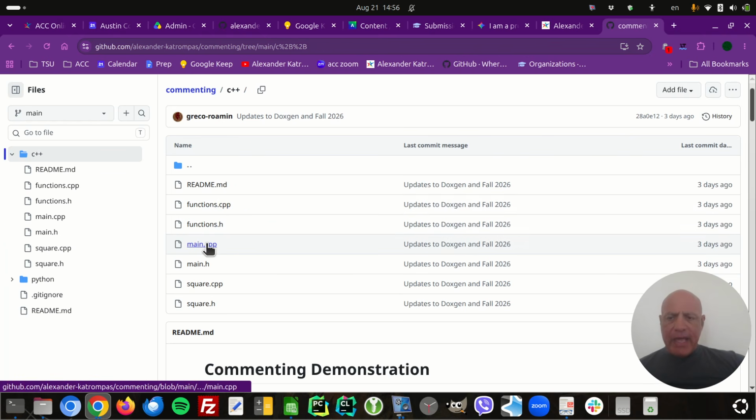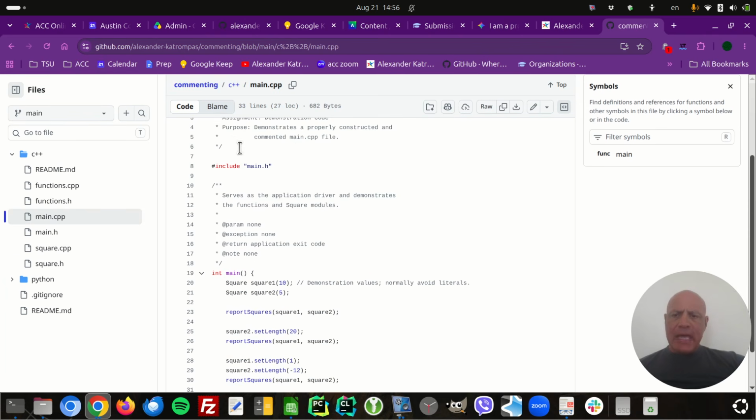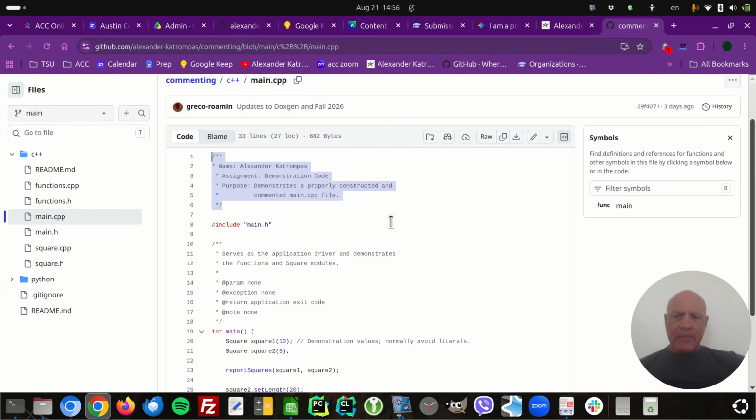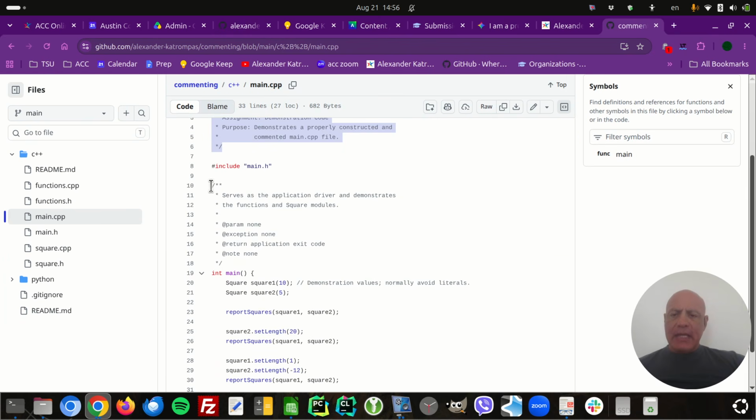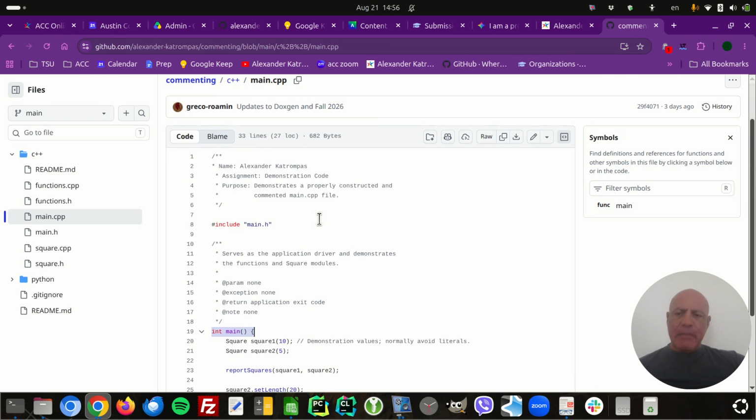Okay, so let's look at a code file. So here's main. Again, main has a comment block at the top. Every file has that. I'm going to stress that. Main also has a function comment. Every function has a function comment. You put it right above the function name in this exact style. Now, this is not a style I made up. As I said, this is the DoxyGen specification, and it's used to create documentation from code. So that's really important. You need to understand that.